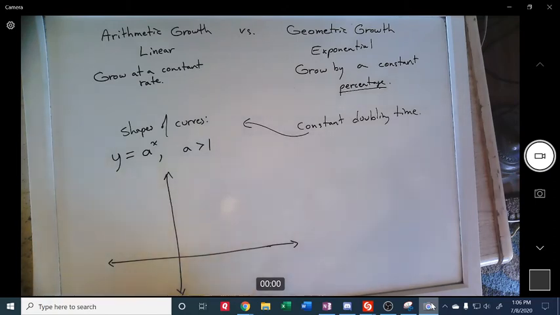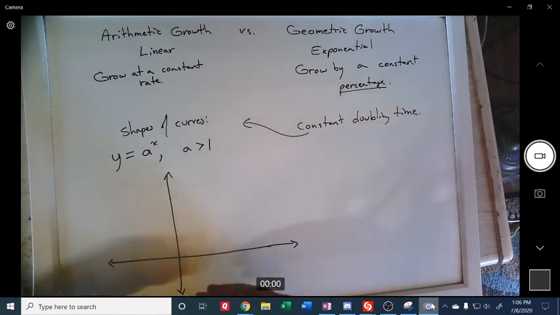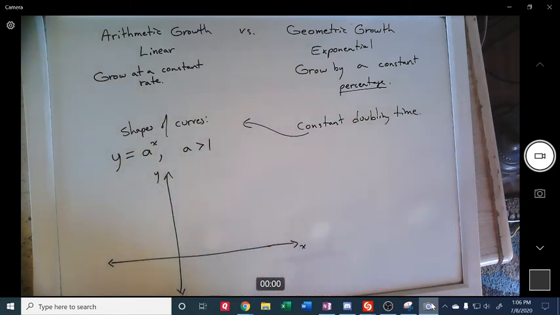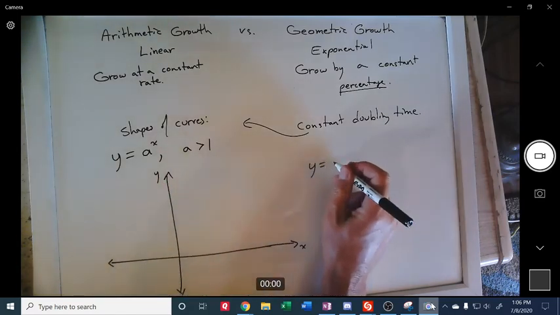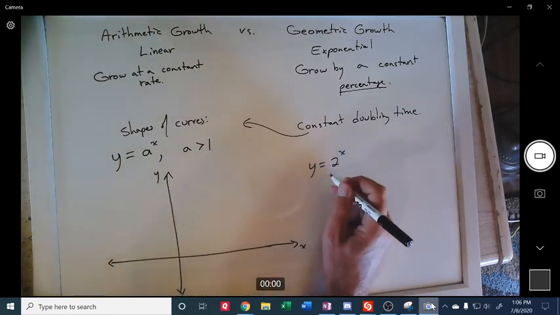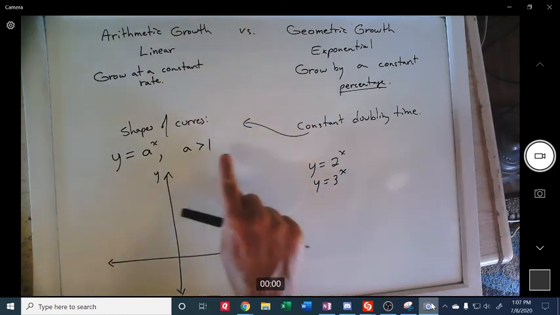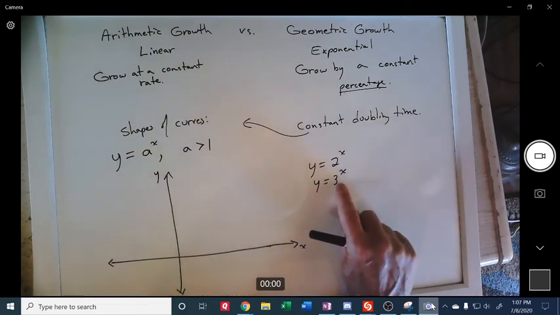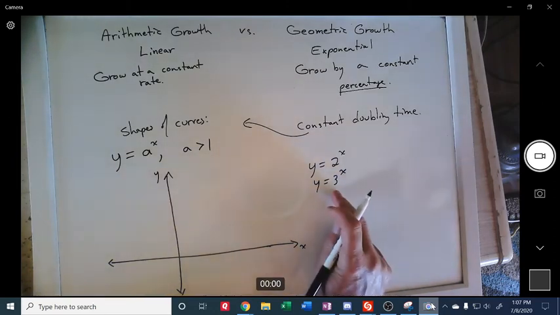Now, one thing that's kind of unique about basic exponential curves is you never go beneath the x-axis. Why is that? Because suppose it was y equals 2 to the x, or y equals 3 to the x, where the a is greater than 1. Whenever you raise a positive base to any power, you're always going to get a positive answer. If you raise a positive base to a negative power,